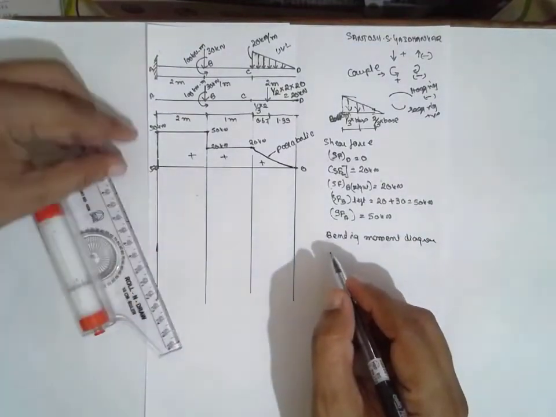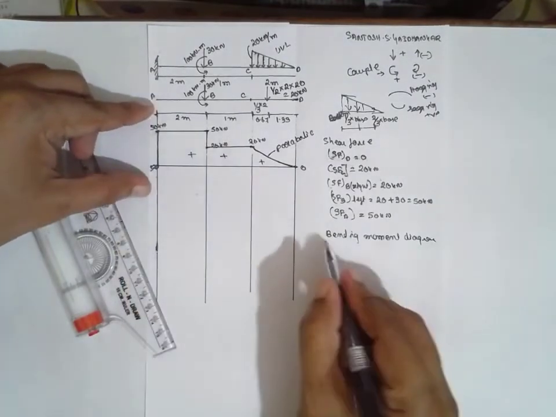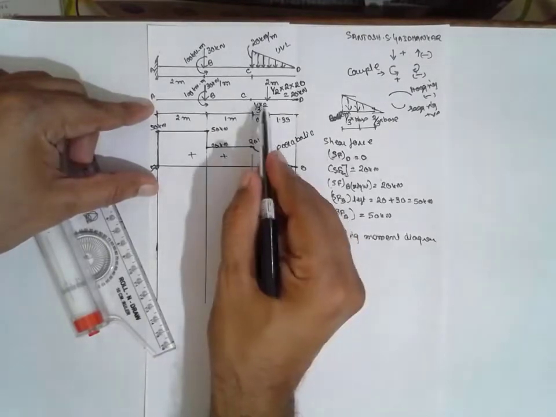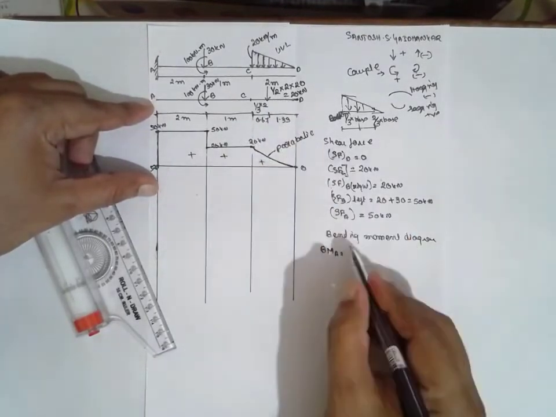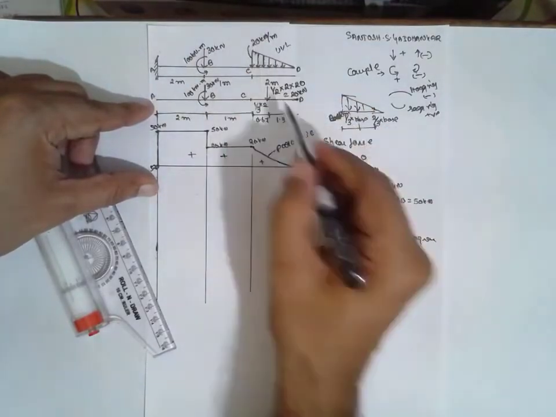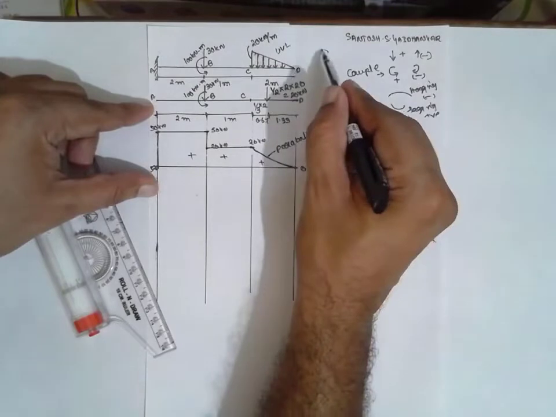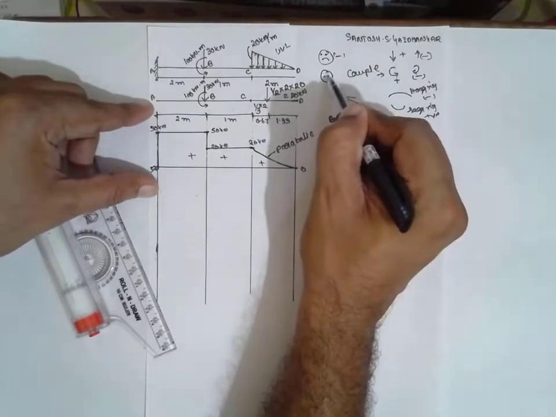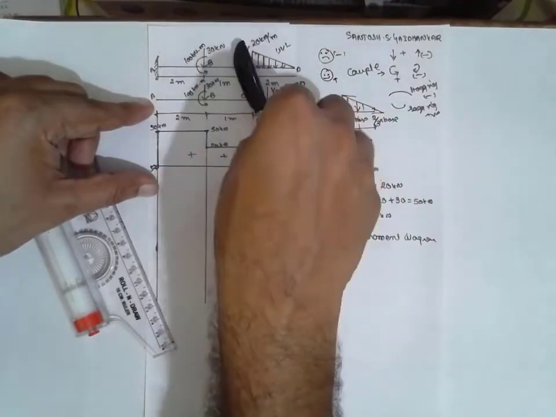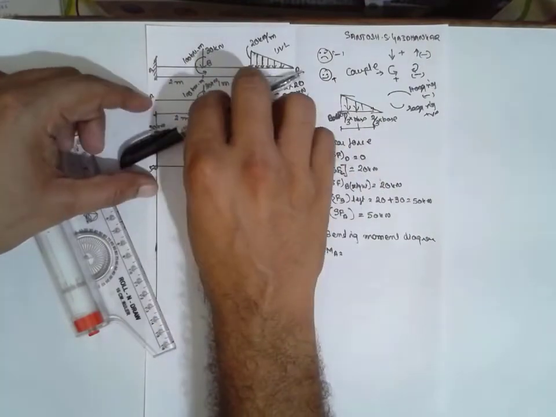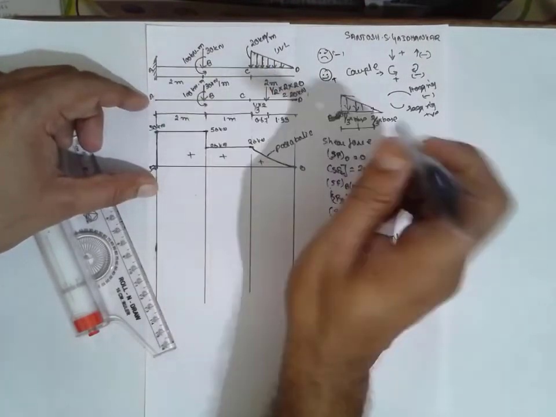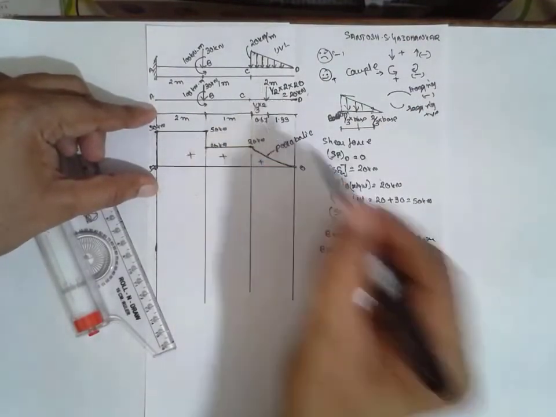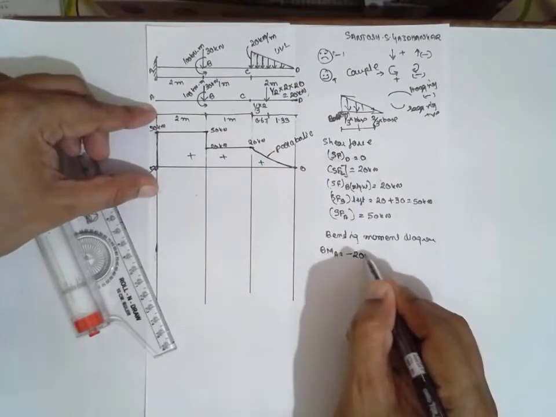Now first I will consider the bending moment at A. First, this is the first force, 20. Now it is acting downward, that means hogging, or you can consider a sad face as negative and a smiling face as positive. Now as the load is applied, it is going to bend in this way, that means it is a sad face, we have to consider negative. The first load acts here, minus 20 into distance.